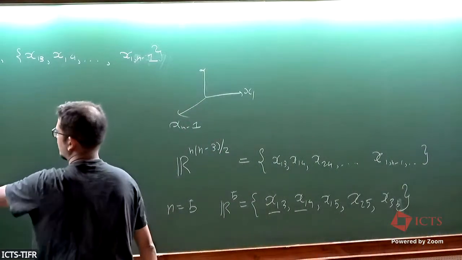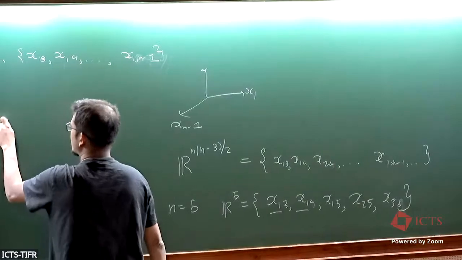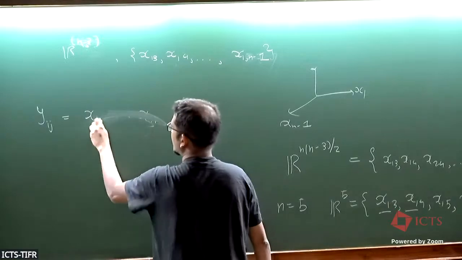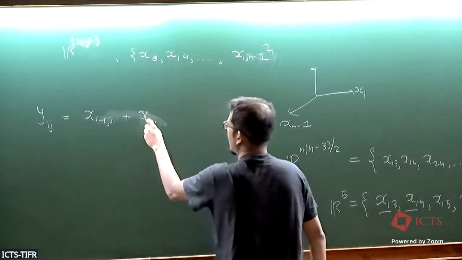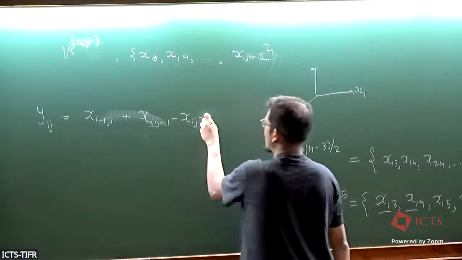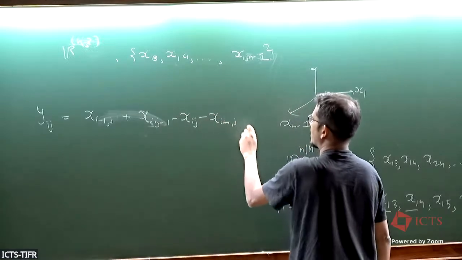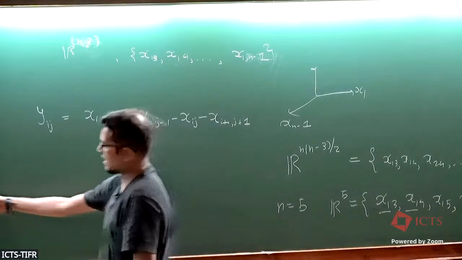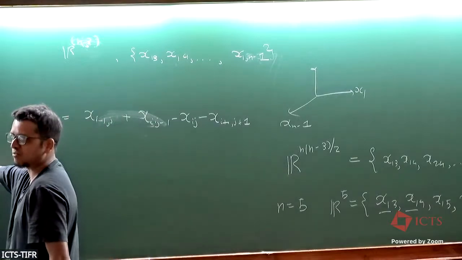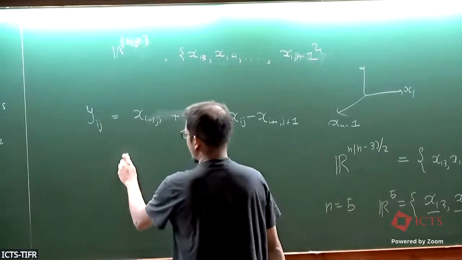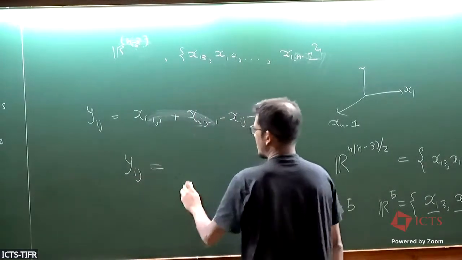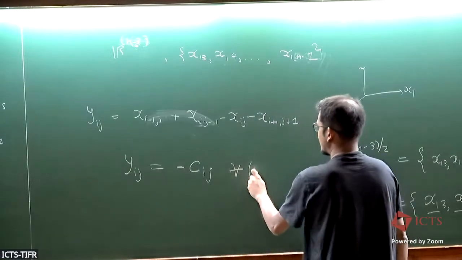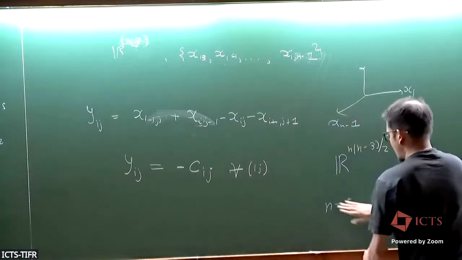So now let me define, for any ij, a new coordinate which is some linear combination. So it's just x_{i-1,j+1} plus x_{i-1,j} plus x_{i,j-1} minus x_{ij} minus x... It's just a rewriting of my coordinate labels just to show the result in a simpler form. And what this beautiful analysis told us is that the answer to this question is the following set of equations. Consider Yij equal to minus, I will explain the notation, Cij for all ij which are not in